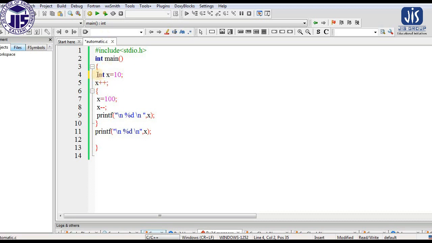Now by default the storage class for this is automatic storage class, or if I write the auto keyword here, then also it represents automatic storage class. By writing this auto keyword we can say that this variable's storage class is automatic. And if I write only int X, by default the storage class will be automatic. As we are discussing automatic storage class, I am mentioning auto here. As you can see here, we have written X equals 10.